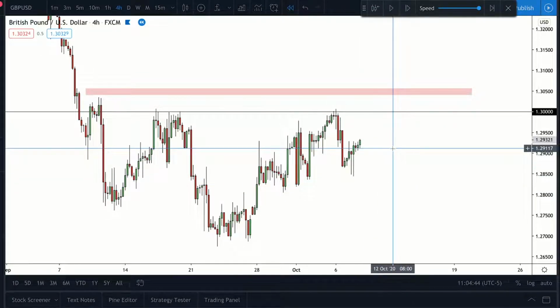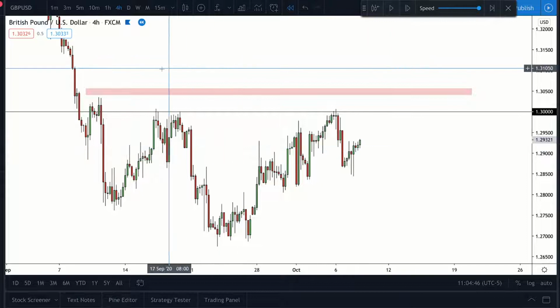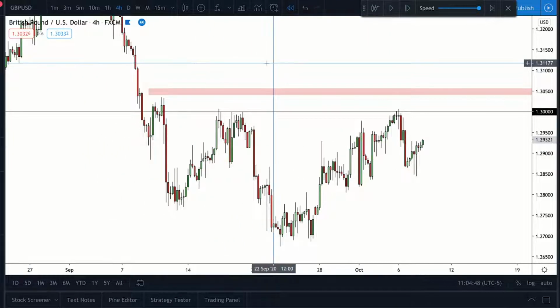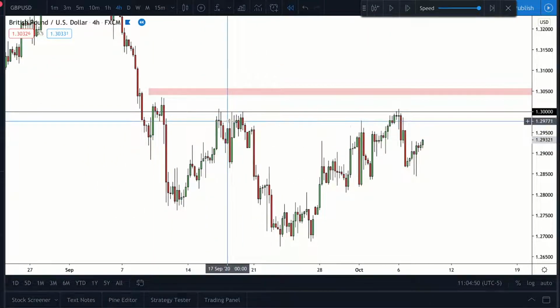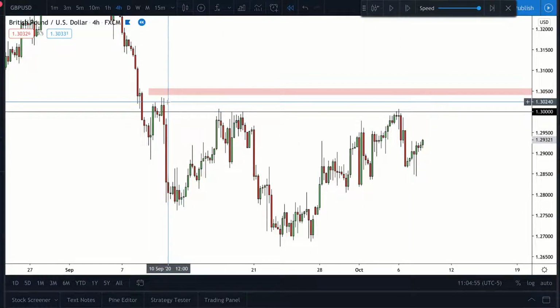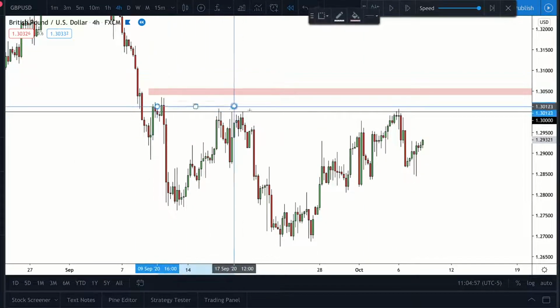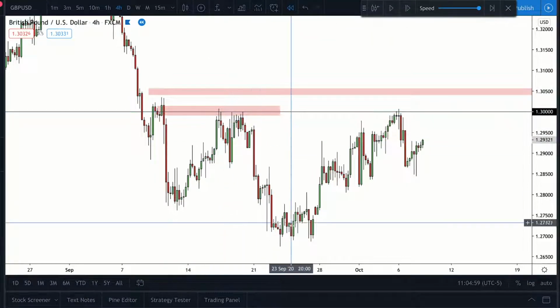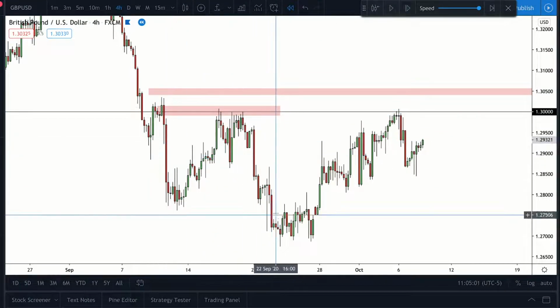So, final example, GBP USD, 4-hour chart. I'm going to show you something quite interesting here. This one, we have 1, 2, 3 equal highs. Okay, the first point, right, was the supply zone. So when we saw this, we could sell from there. Okay, supply zone, retest, sell.